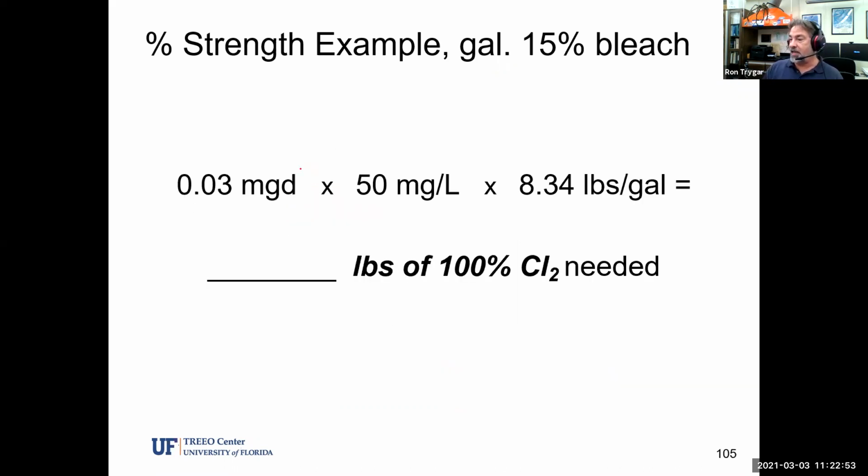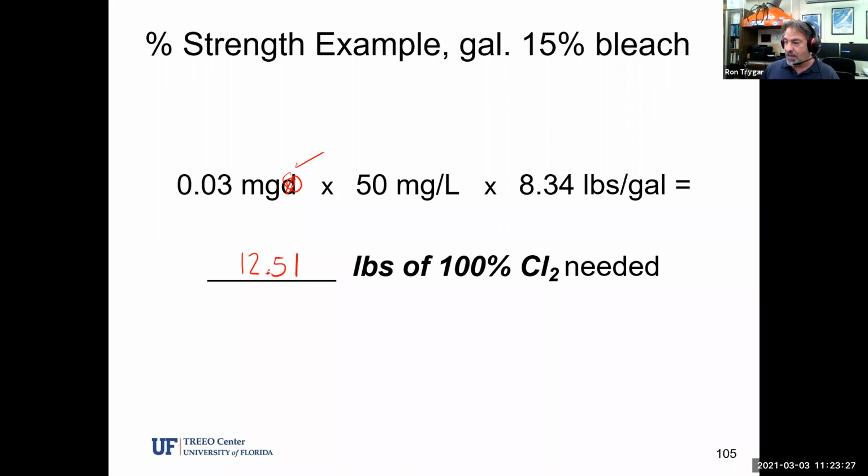All right, so here's that number carried into there. There's the 0.03 mg. This is just going to be million gallons because remember, it's just a pipeline laying there. We're not feeding it in a matter of a whole day. It's just going to be a dose. So we're not going to worry about the day units on this. It's just million gallons. So 0.03 times 50 times 8.34. So that times 50 times 8.34. So I came up with, in this case,